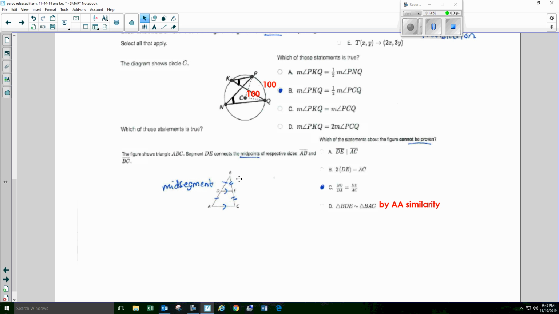Whatever's on one side must be the exact same on the other side. So you want to think in terms of, okay, this is the full length of the small triangle. This is a part length of the big triangle. The entire length of the big triangle is from here to here. And same on this side. And then here, this is the entire length of the small triangle, and this is the entire length of the